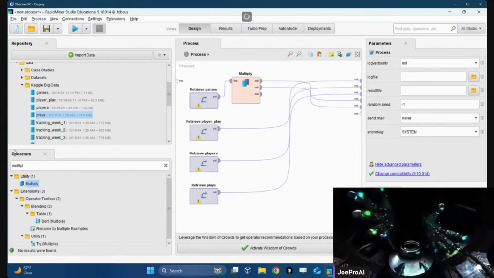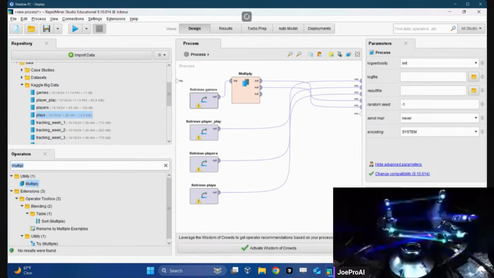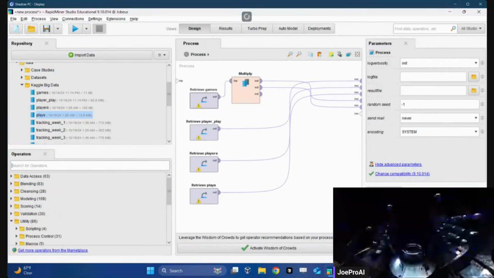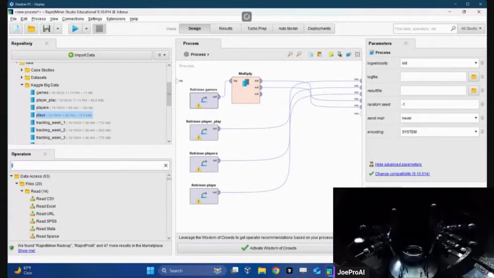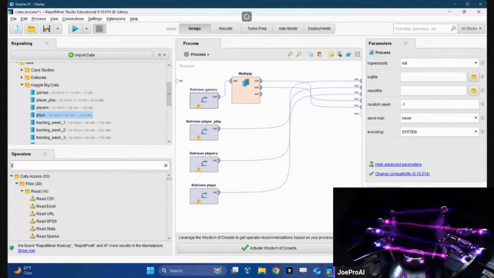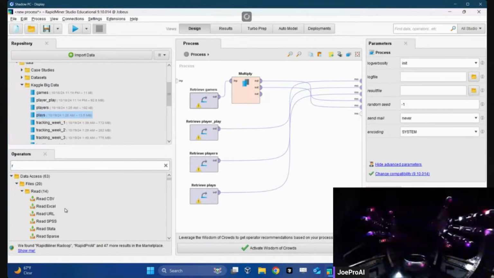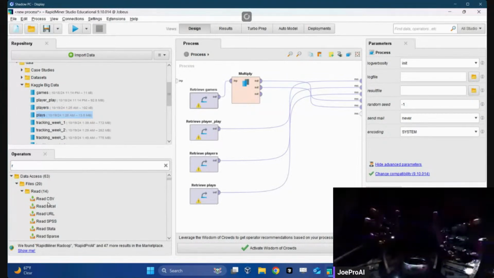Okay. There's so many operators, and you can go to marketplace and get even more. I'm just on the tip of the iceberg.